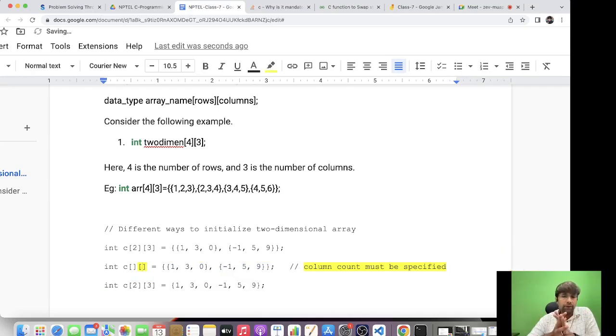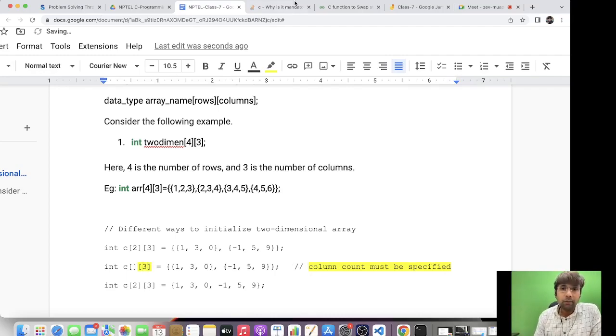Is it also a valid declaration? Yes, sir. Okay, here it is wrong. You can't remove the column size. You can remove the row size, that means you can leave it empty and define the array, but you can't ignore the column size,